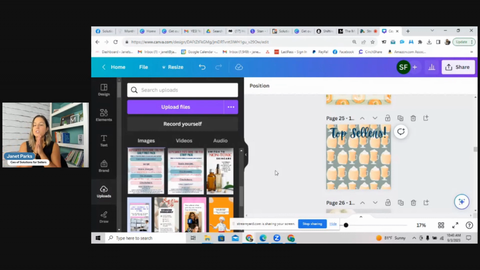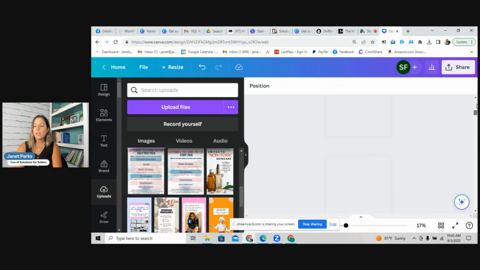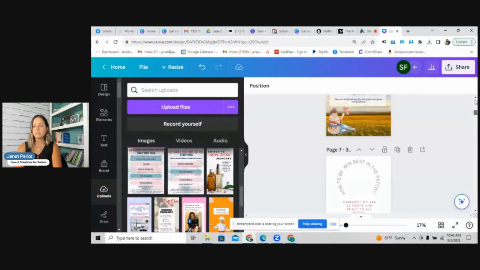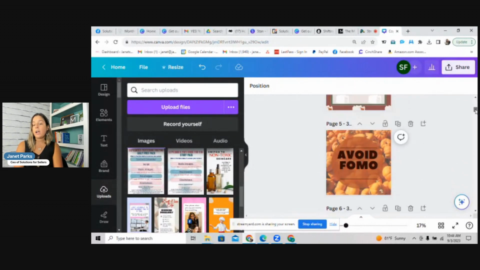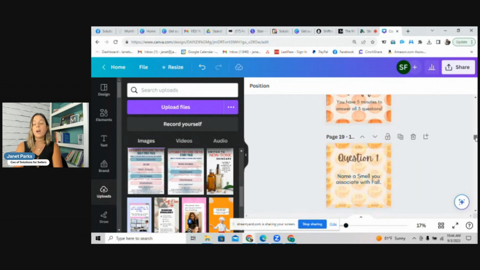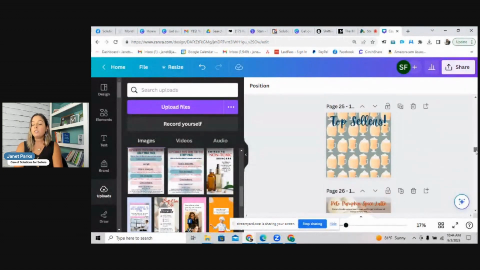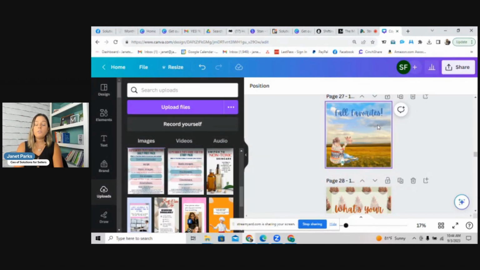Okay, so as far as editing the graphics, here are some helpful tips. Number one, if I were you, I would start at the top, scroll down, and take a look at the graphics that need to be personalized. For example, we saw the top sellers one. Make a mental note, or you can write it down, that I need to have at least an image of a top seller. There's one. Then top favorites or fall favorites, right?